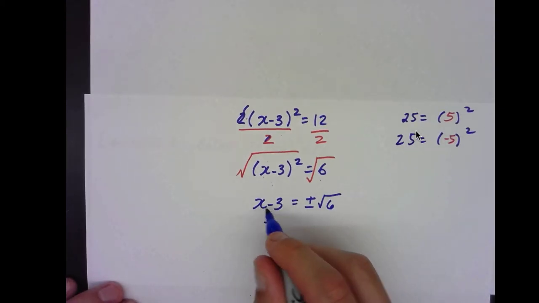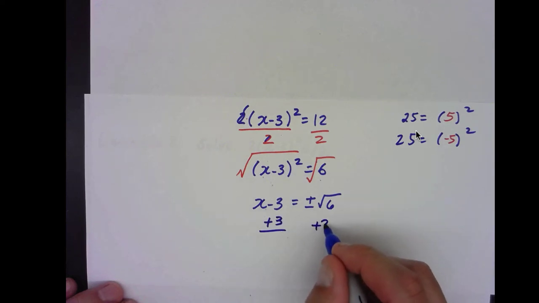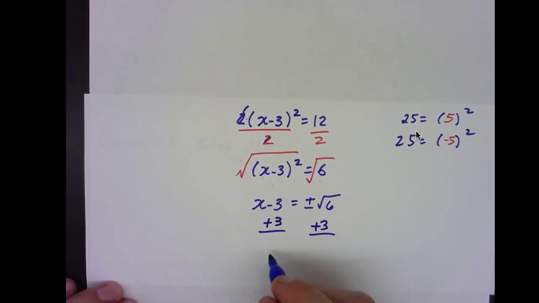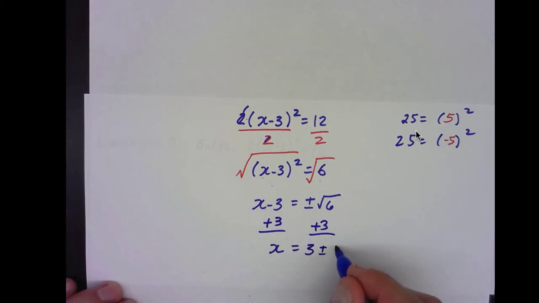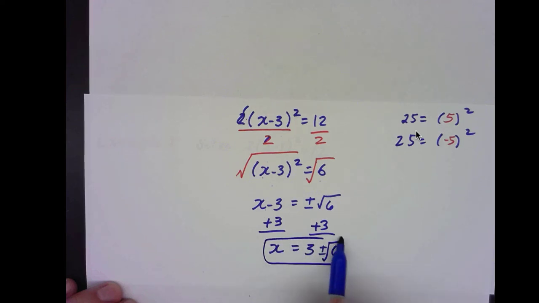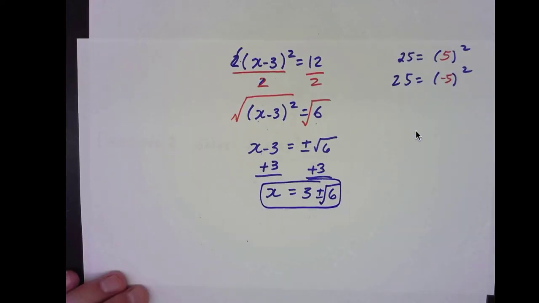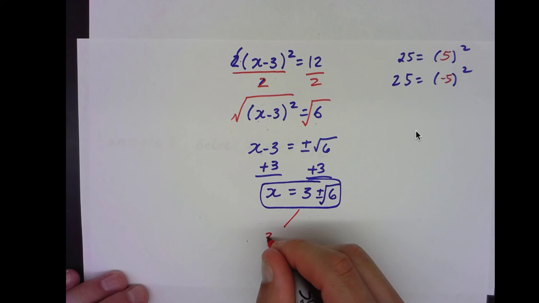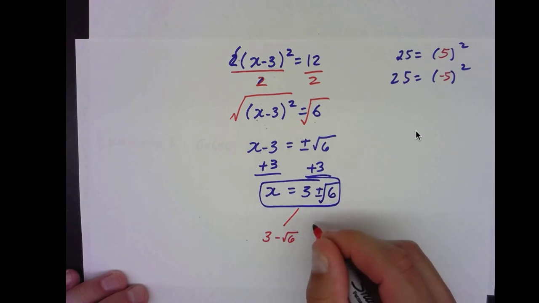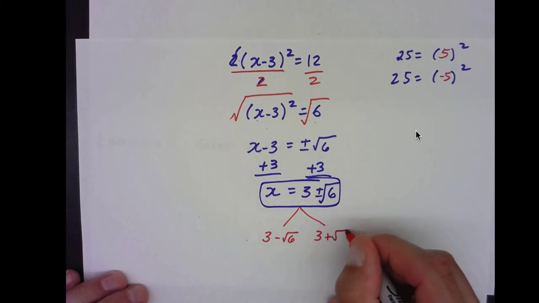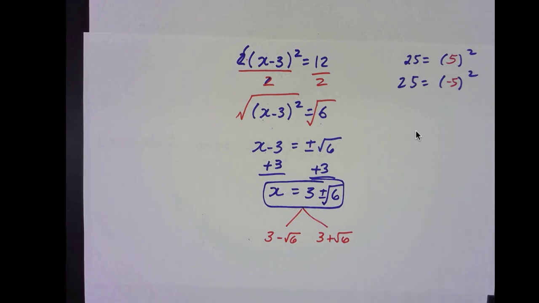So now I have to get x by itself. I'm going to add 3 to both sides. When I do that, I'm left with just x on the left. Good, I got my variable alone. And now I have just 3 plus or minus root 6. And that's that. So technically your 2 solutions there branch off into saying 3 minus root 6, and the other one would be 3 plus root 6. So that is how you solve